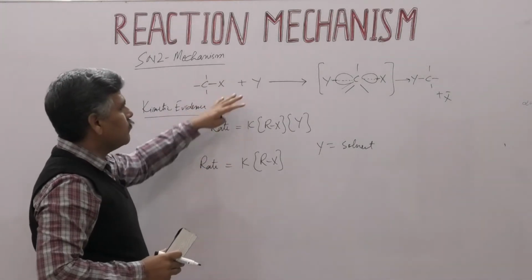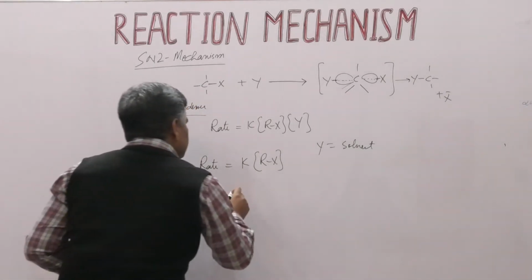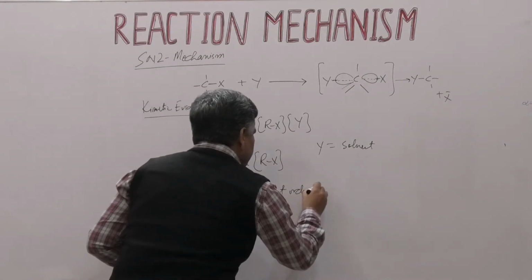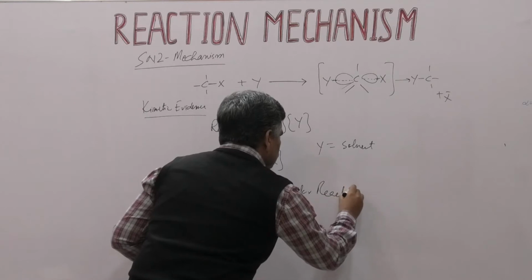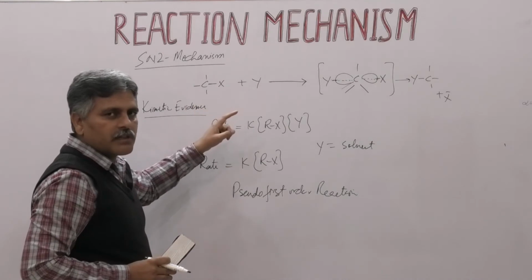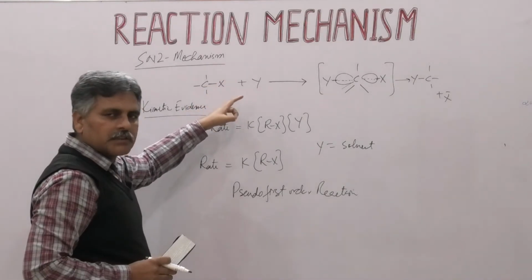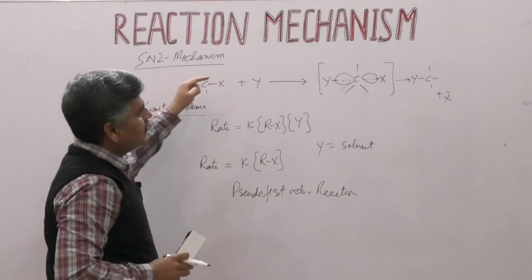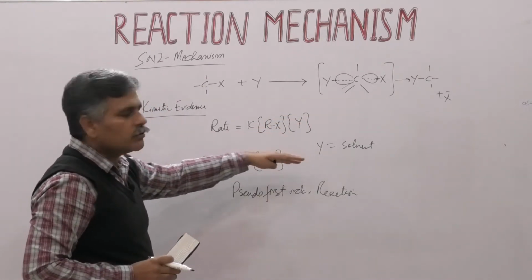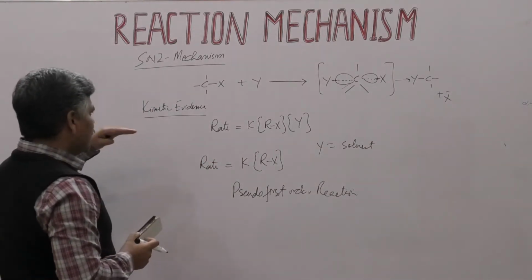Such types of reaction, which are one-step reactions and where Y acts as solvent, are known as pseudo first order reactions. Okay, this is not a first order reaction. This is known as pseudo first order reaction because the presence of this Y increases the rate of reaction. It plays an important role in the conversion of the reactant into product, but because of its large concentration, as it acts as solvent, such types of reaction are known as pseudo first order reactions. So this is the kinetic evidence for this